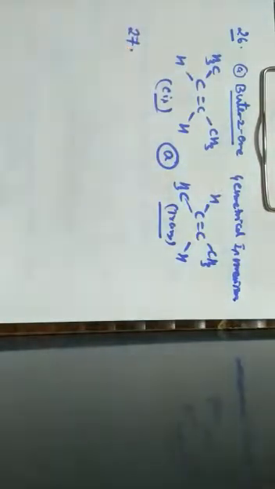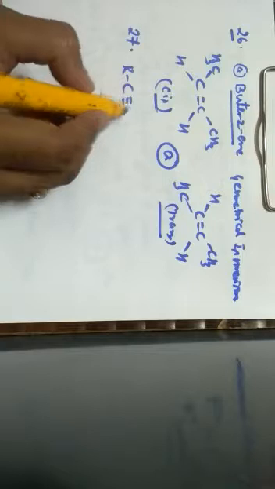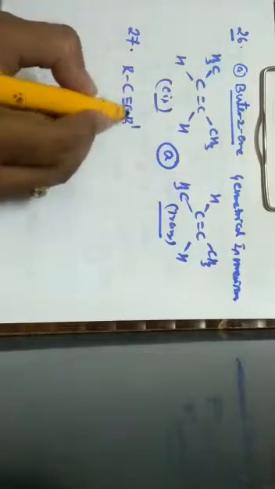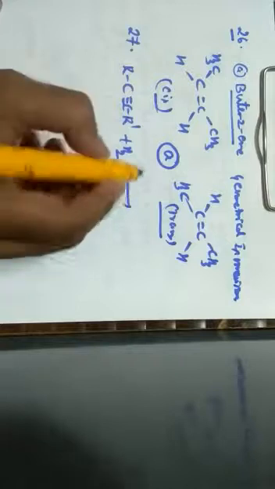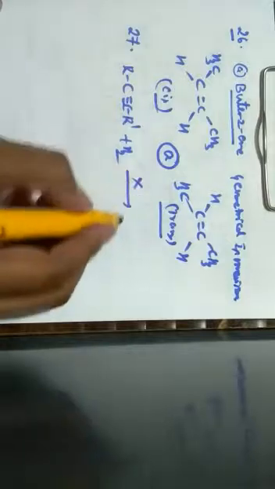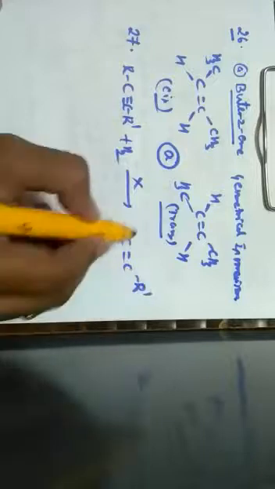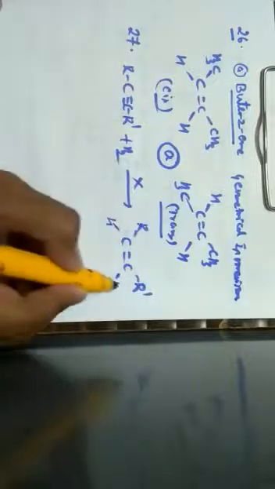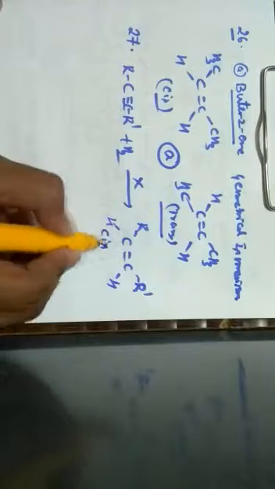Next, question number 27. The reagent X used for the following reaction is. Here, the reaction that has been mentioned is a substituted alkyne. When this substituted alkyne is made to react with hydrogen in the presence of a certain reagent, here we are going to get which form? It is nothing but a cis form. So this is called as what? This is called cis alkene.